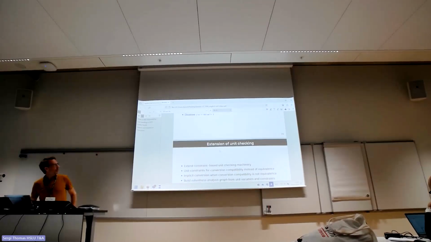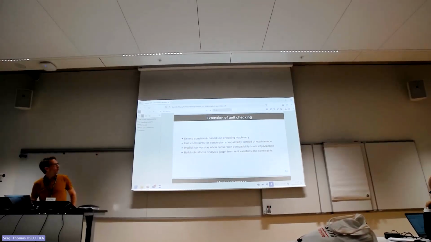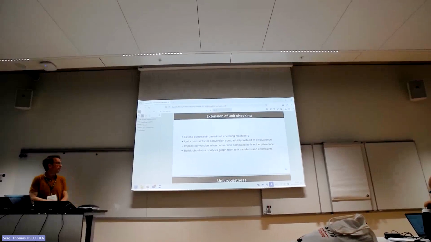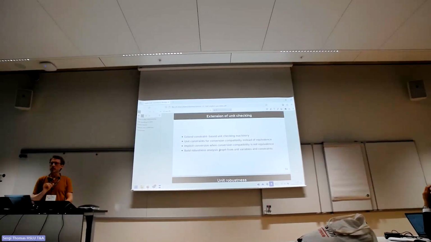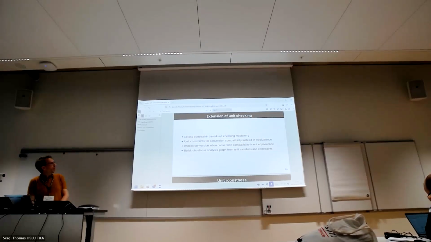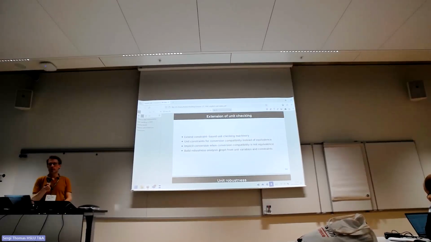And we do this by extending this constraint-based machinery that Hans described as the Hindley-Milner approach. But this time, instead of having constraints that express what needs to be unit equivalent, we have constraints expressing what needs to be unit conversion compatible. And after we run the machinery, we are only introducing implicit conversions if what was accepted as conversion compatible was not also unit equivalent. And this is how we make sure that in all the existing models today, where we do have that are considered